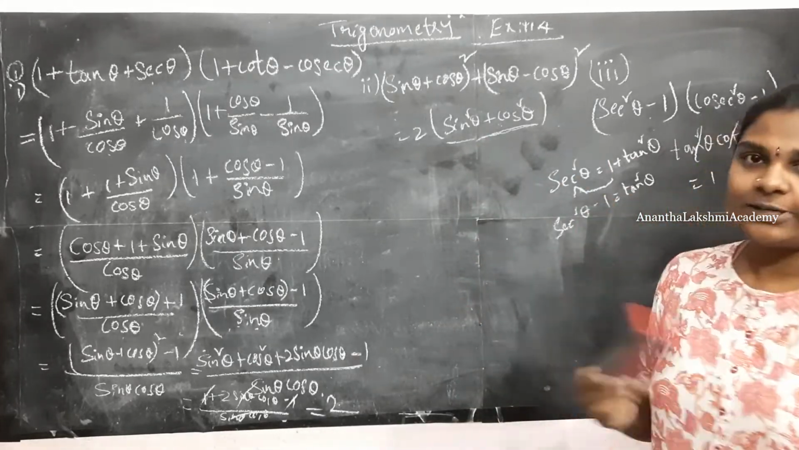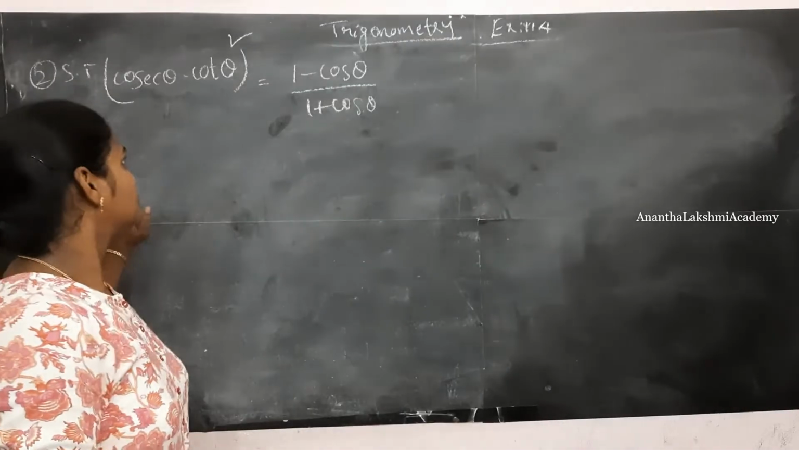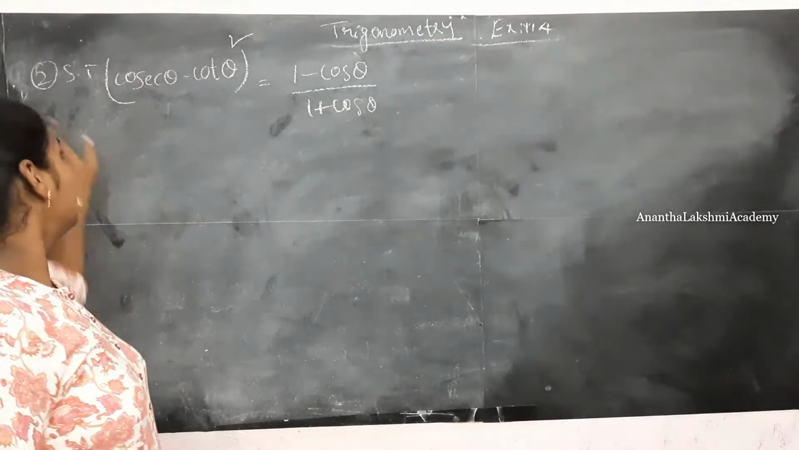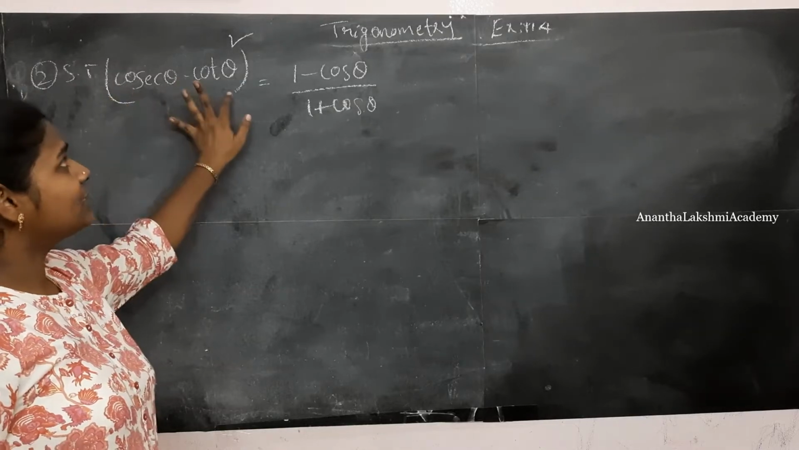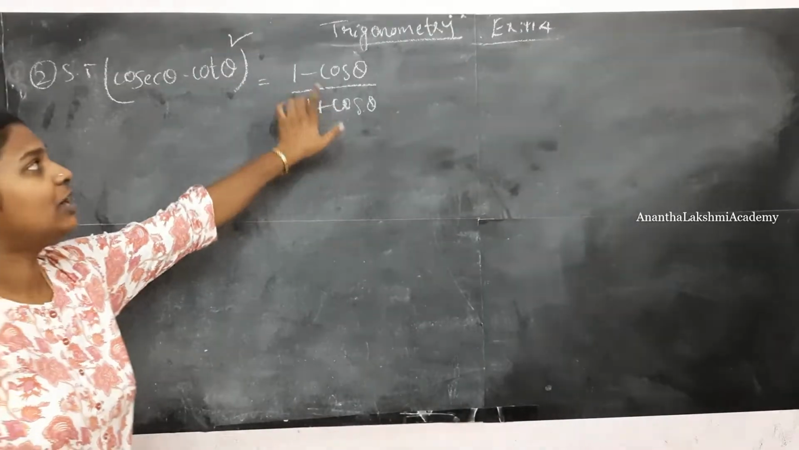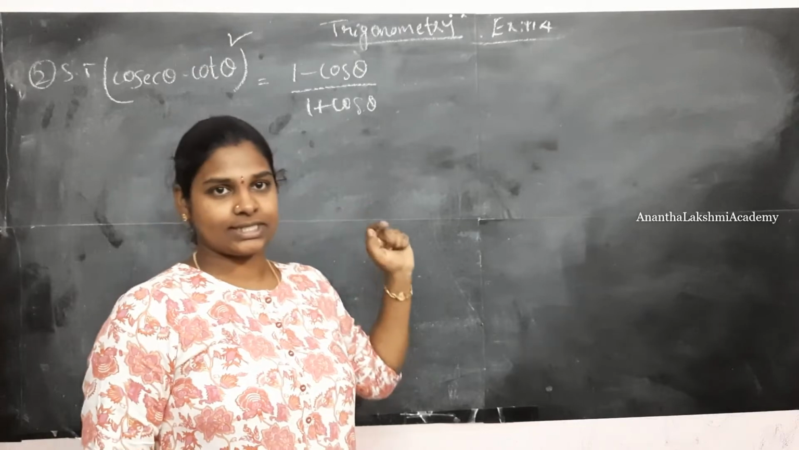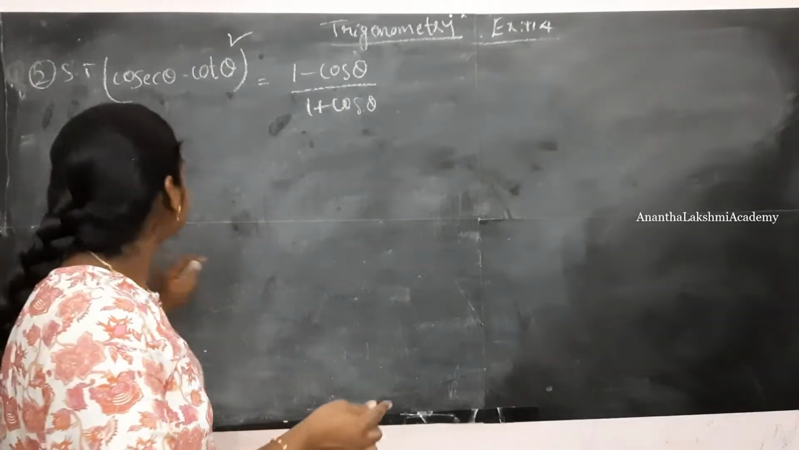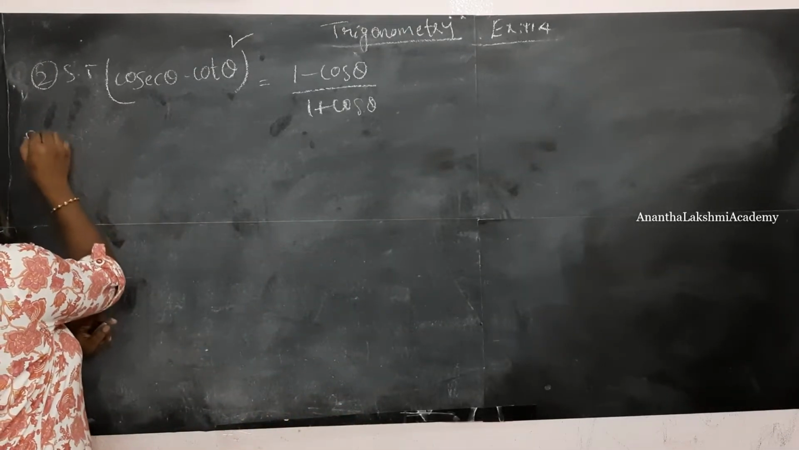All right, let's get to solve the second problem. Show that cosecant theta minus cot theta whole square is equal to 1 minus cos theta by 1 plus cos theta. So let's get to solve this. Consider the LHS part. Solution: